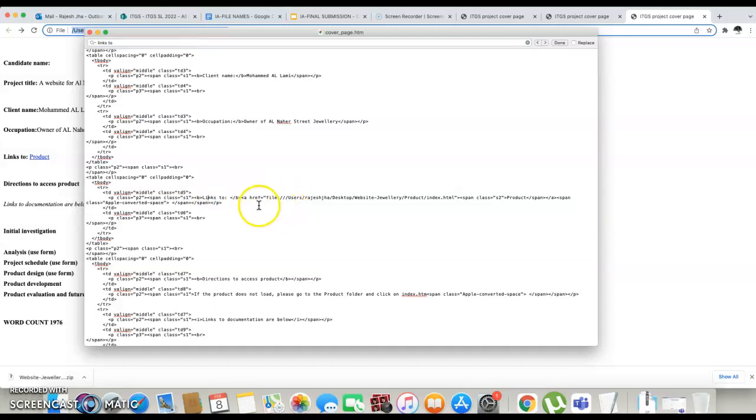Now here you see that href equals file user Rajesh Shah desktop website. So this is currently giving us the path of the local file where the document is stored. We need to change this path to an online web page which we want to access if someone clicks on links to product. And for doing that, we will change this part, a href equals within double quotes, change this to